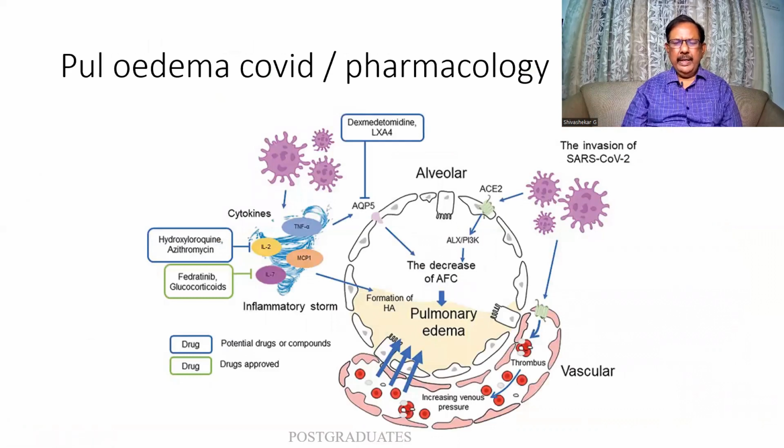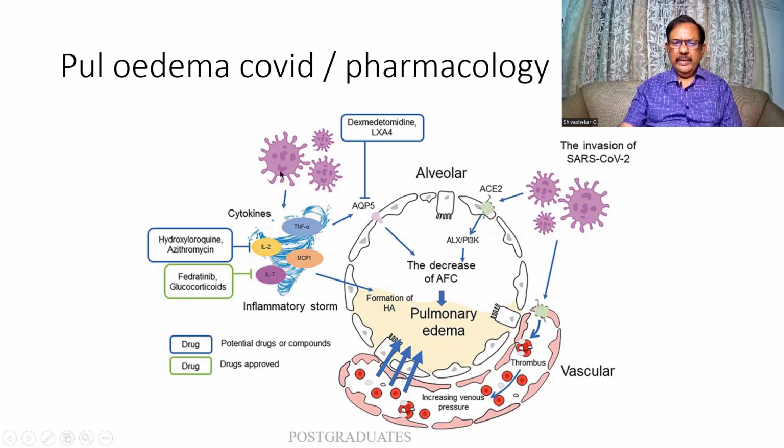This is a simple line diagram, though it belongs more to pharmacology than to pathology. Fantastic diagram which you must draw. So you are finding the SARS-CoV virus over here, entering the alveolar space. And then this is the alveolar space, these are the lining cells. Probably this is a type 2 pneumocyte or so. You find that there can be a damage to the cells. There can be the formation of a proteinaceous fluid because of the edema.